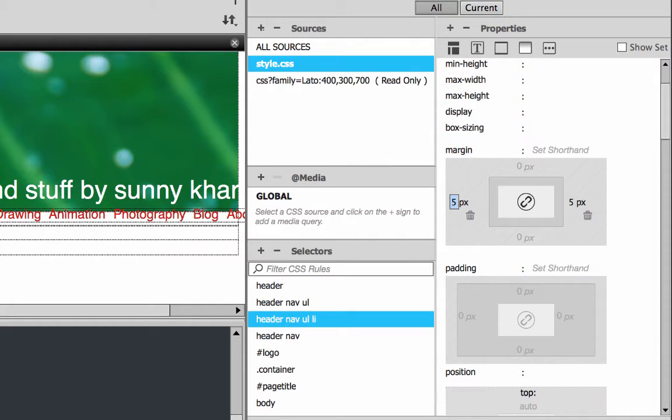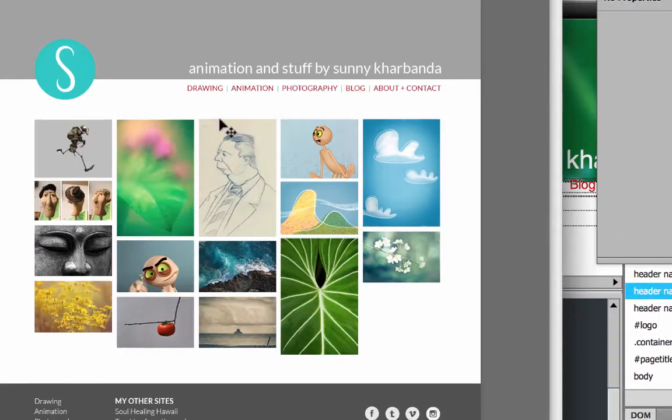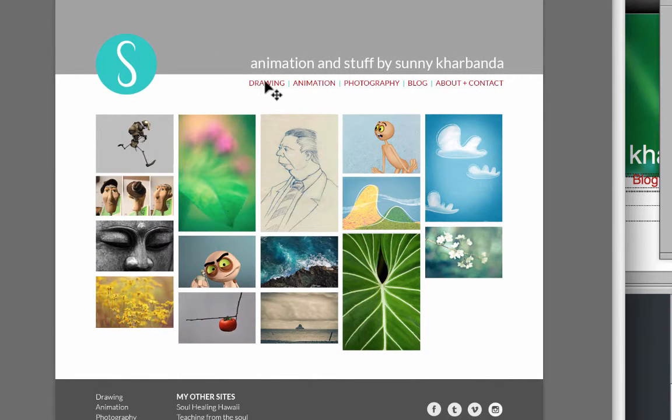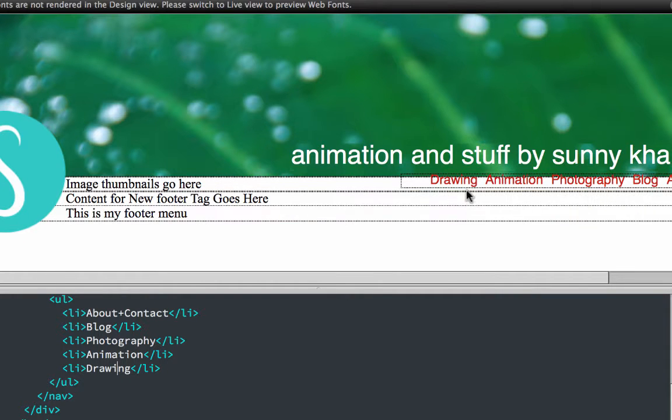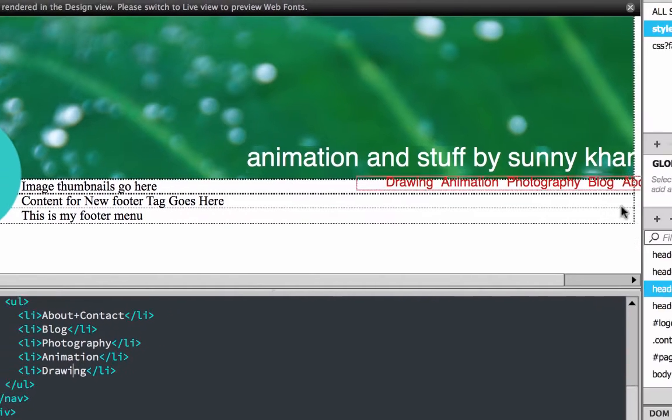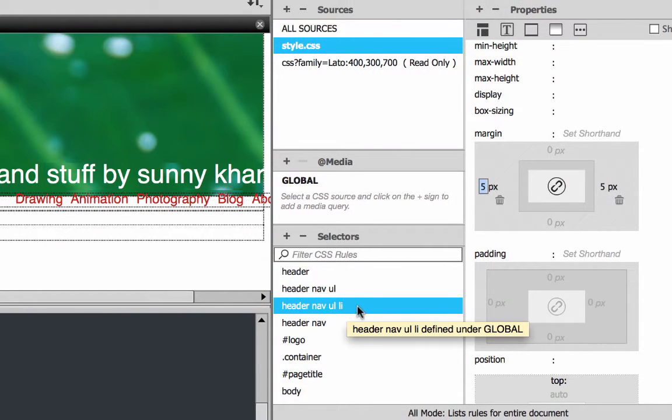The other thing I want is, in my design, I had all of my text capitalized in my header menu. Of course, I could easily do that by retyping these, but I'm going to show you a CSS trick to capitalize all the text that is selected by this selector.